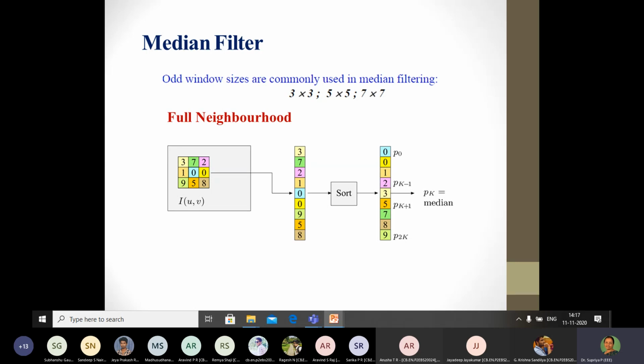We will have, as can be seen, 3. Is it right? Because 3's position is going to be 3, 4, 5. So if you see from here 1, 2, 3, 4, 5, the central value will be 3. This is the way in which the full neighborhood median filter works, where the entire data surrounding the pixel is considered, which means if you want the median for this particular variable, we are going to consider all the variables around it.